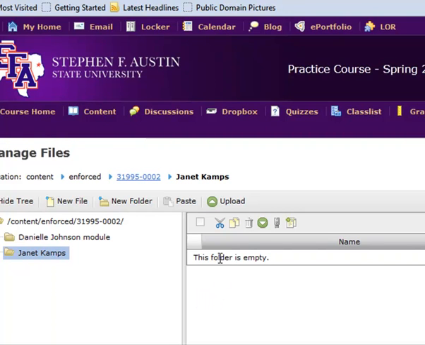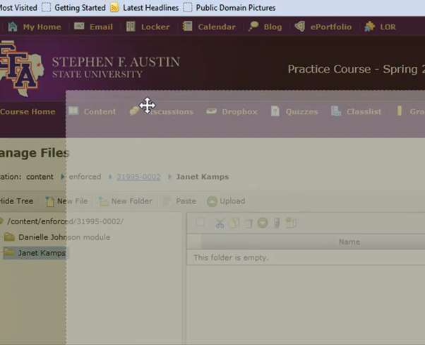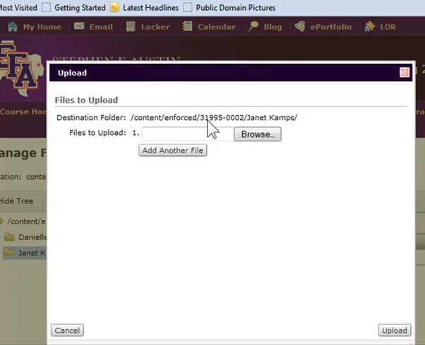Just above the scissors icon is the Upload button. So I click it, and I'll move it over so it's a little more visible. And it wants to know what files to upload. In order to get to my files, I'm going to click